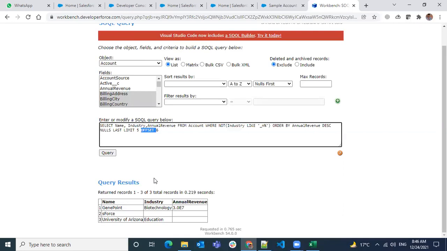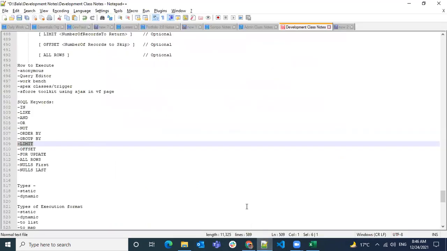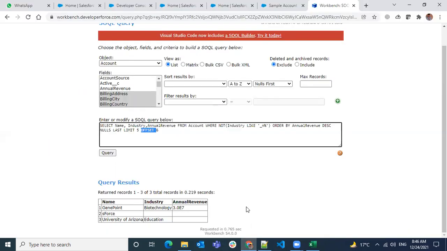Okay, any questions so far? So if I want to skip the middle record, how can I do that? No, we cannot skip middle records. We don't have that option. You can skip the first records, and we cannot skip the last ones either. Offset defines from which record you have to start. So obviously we are skipping the first records. What offset actually means is a starting point.